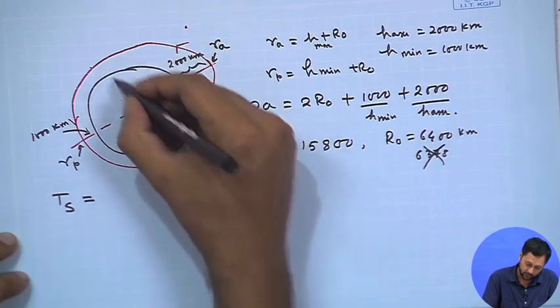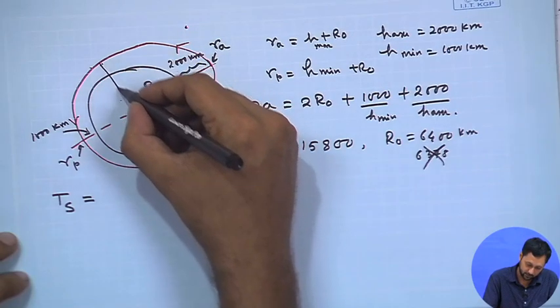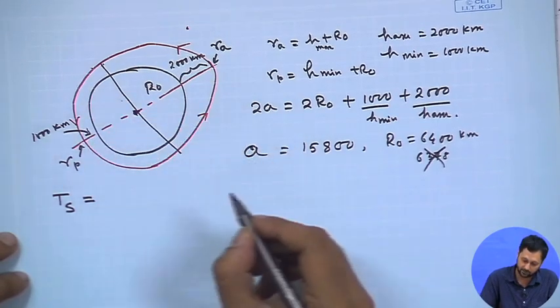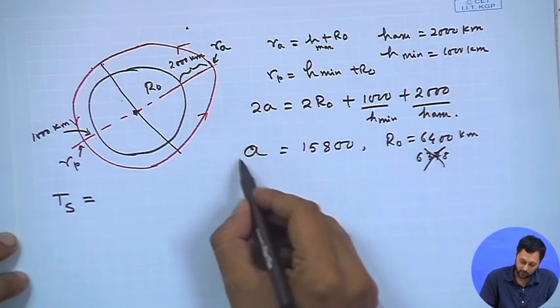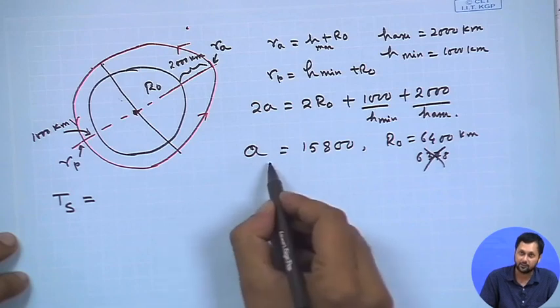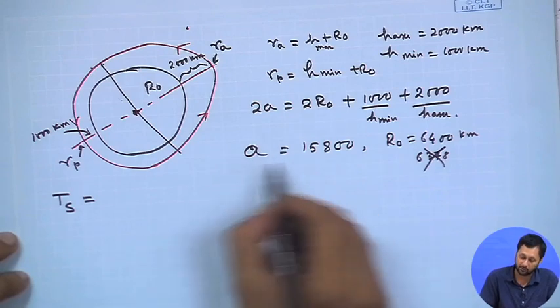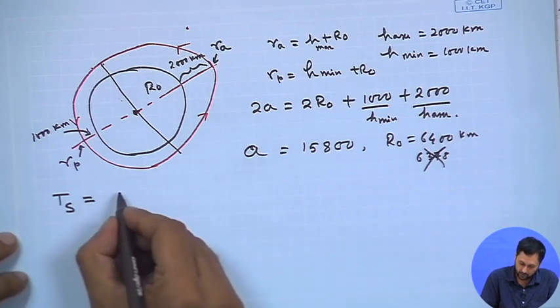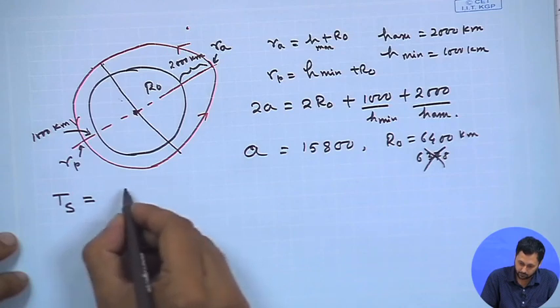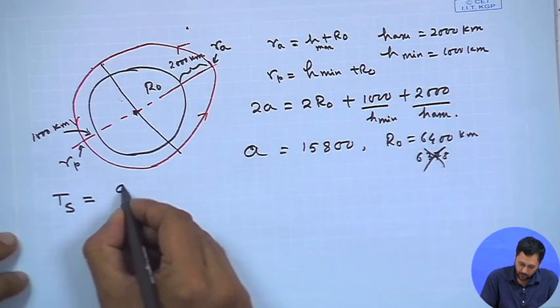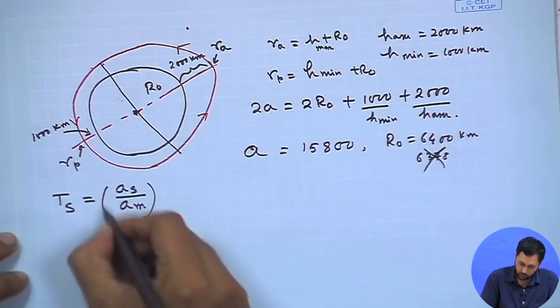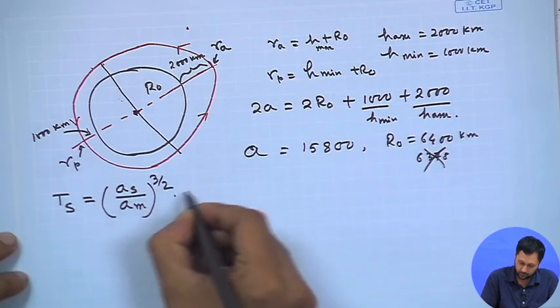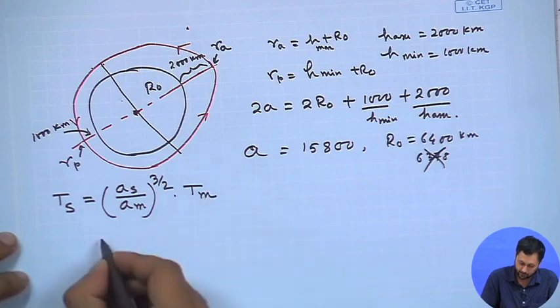There are two lengths, one is the length of the semi-major axis or major axis, one is the length of the minor axis. But typically in Kepler's law it has been found that the length of the major axis is what we need to take into account, the semi-major axis. So, Ts is equal to